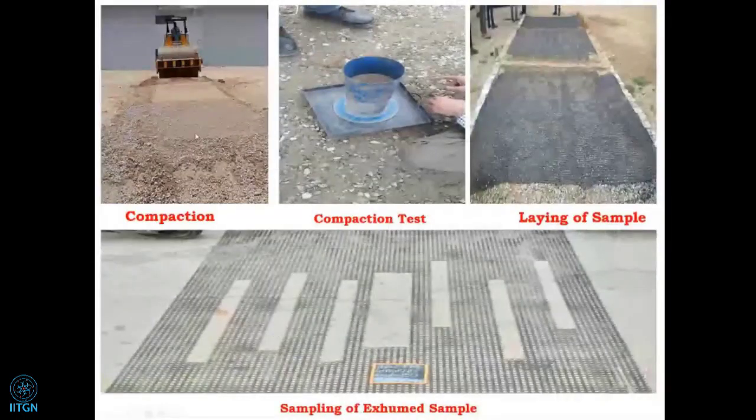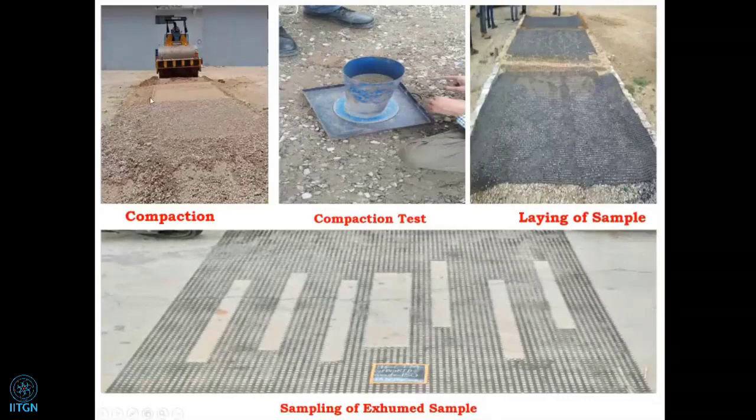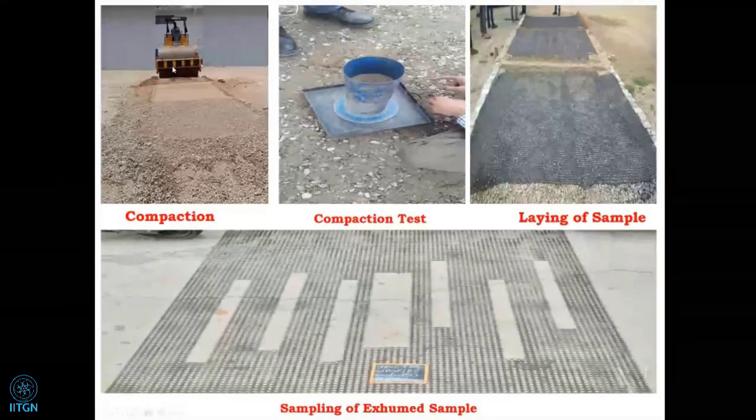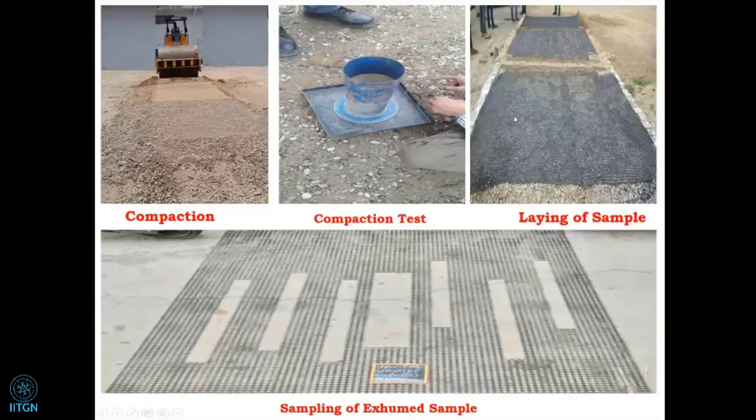These are the photographs. In the first, there is a bay of 3.5 meter by 3.5. There are three different bays which we are using: 1, 2, and 3. We have to compact different kinds of fill, maybe fine sand, coarse sand, then gravelly strata. After compacting it with the vibratory roller, we have to check the in situ density as per the requirement. Then we lay our control samples, whose tensile strength has already been tested in the UTM machine before laying. Then again, we have to fill over it.